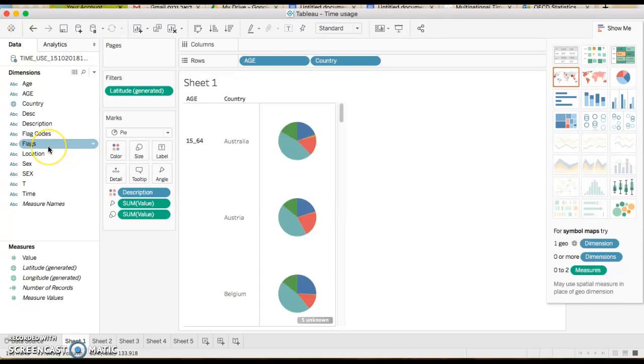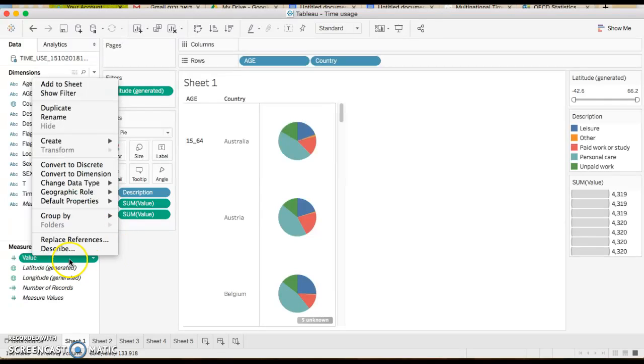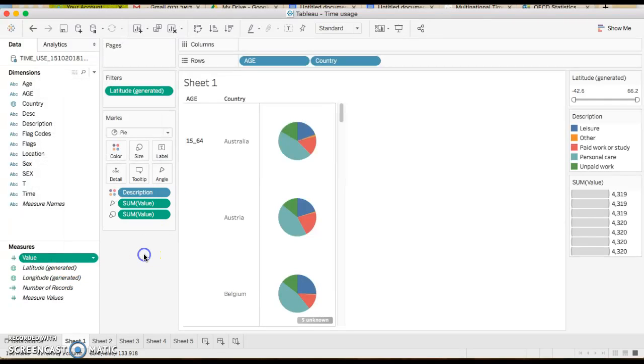Next, I wanted to see description in different colors, just like you see here. I wanted to see the value, the sum of the time, in the angle. I also wanted to see it in different sizes, so I dragged it into size, and it's right here, all my marks. Going on to the next sheet,